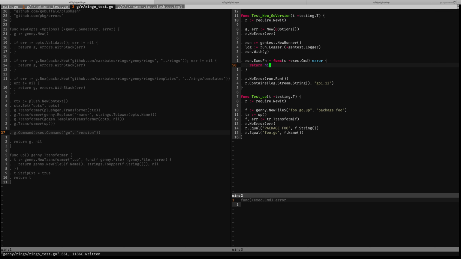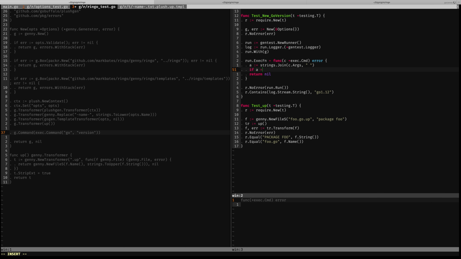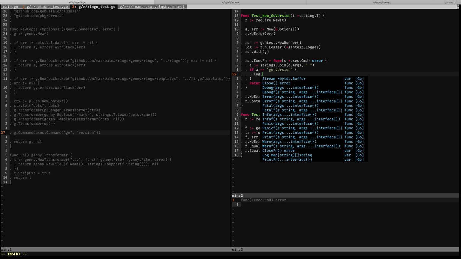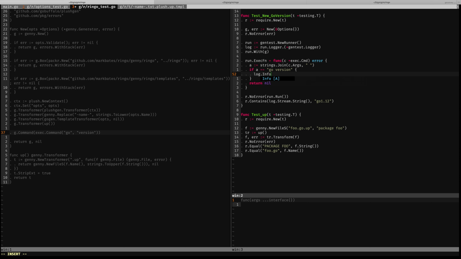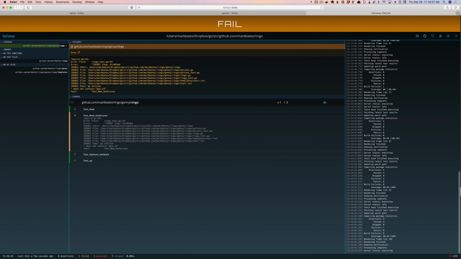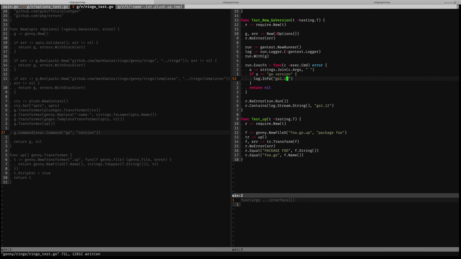So, knowing that, I'm going to do something silly with the args here. I'm just going to join the args of the command with a space. And I'm going to say if a equals go version, then I'm going to write to the log go 1.12 like this. And now let's go back to our tests, and our tests all pass